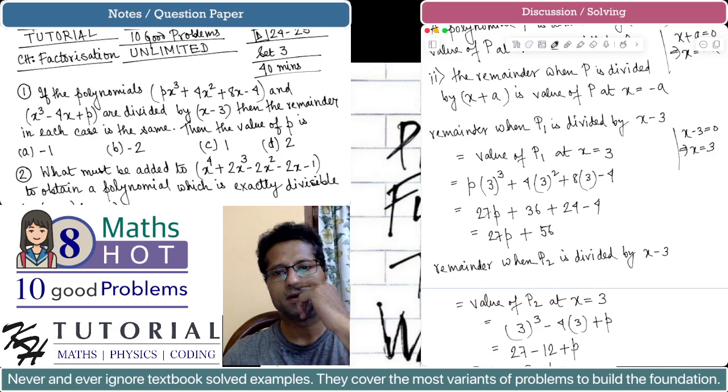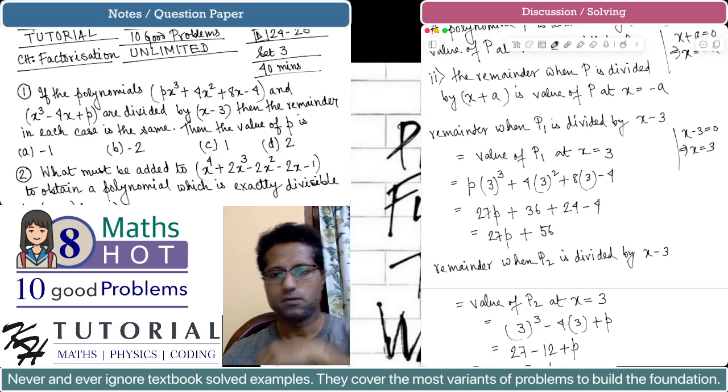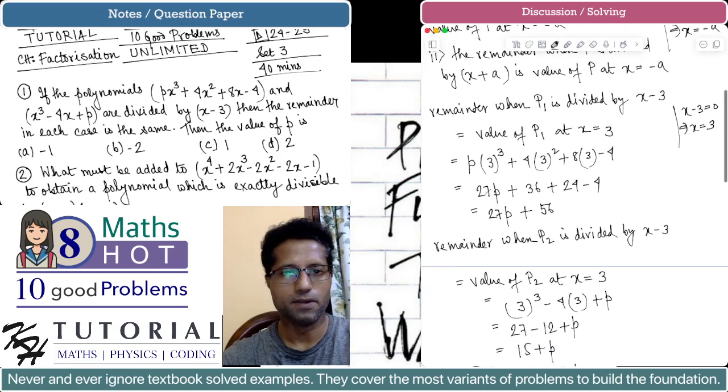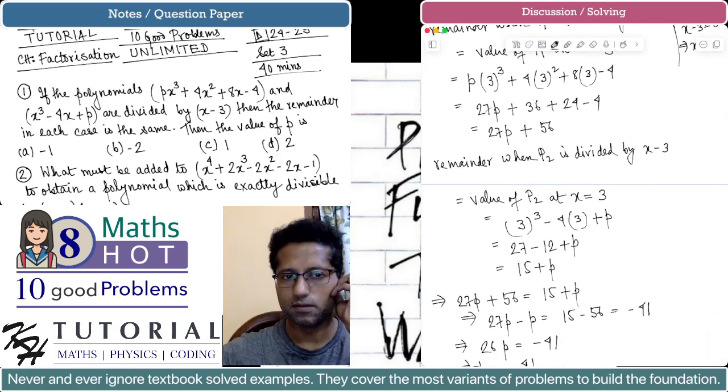So we have 27p plus 36 plus 24 minus 4, so 56, 27p plus 56. And the remainder when p2 is divided by x minus 3 is the value of p2, the second polynomial, at x equals 3. So this becomes 3 cube minus 4 into 3 plus p,